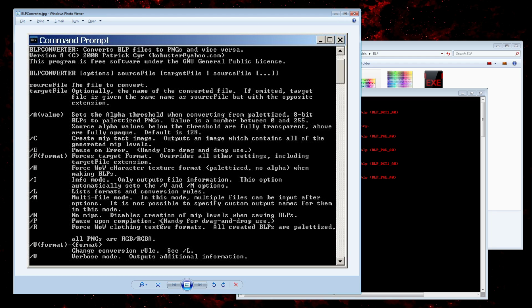There is pause upon completion, which is handy for drag and drop use, but for the next method I'm going to be describing, it's not really required. No MIPS is not really required as well, but it will decrease the size of the BLP, so you can go with it. But World of Warcraft is using some